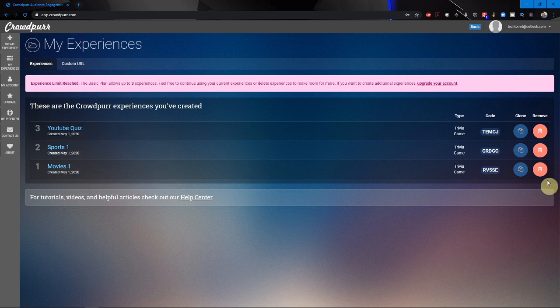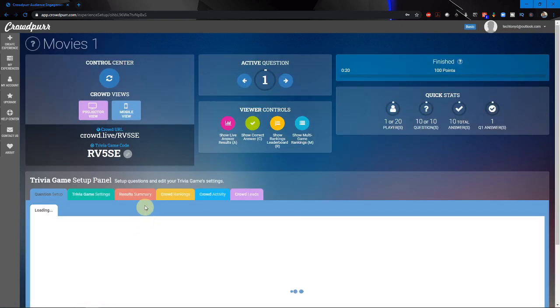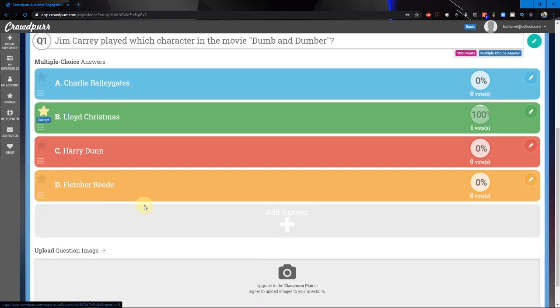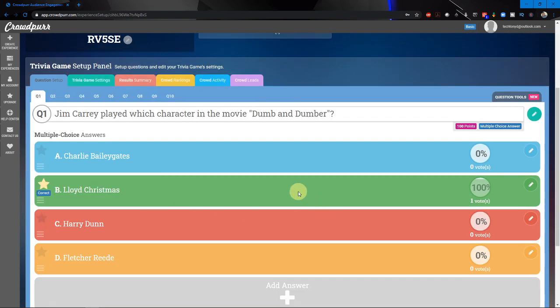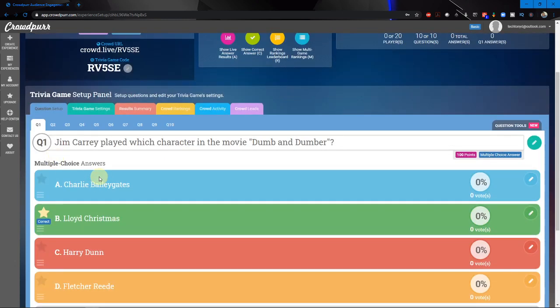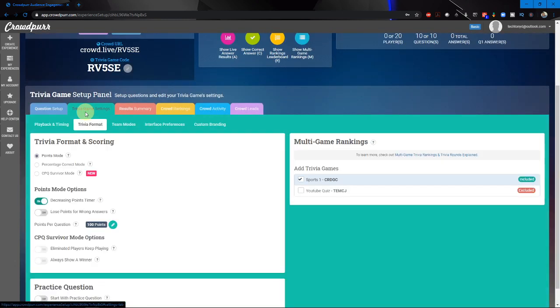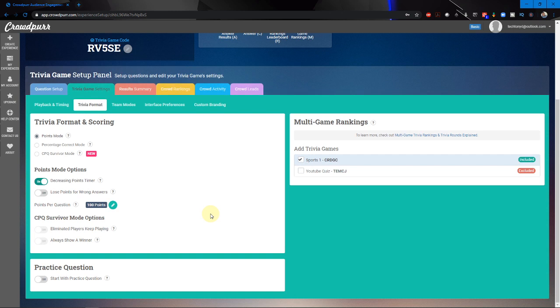You're at your maximum. Each experience or quiz gets its own separate code. This is how people log into the quiz. Okay, so if we go to round 1, this will be round 1. Round 1 will be movies. Before we go and start the quiz, I'll just show you some settings. Before you start your quiz, I suggest you go into game trivia settings. Again, I'm not going to go into all of them,